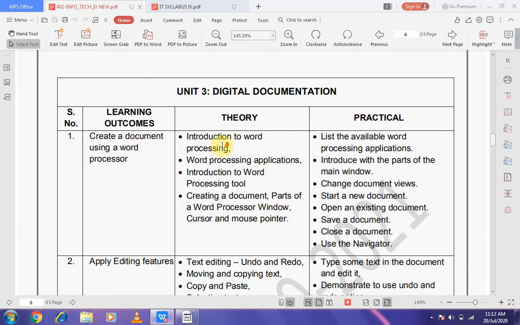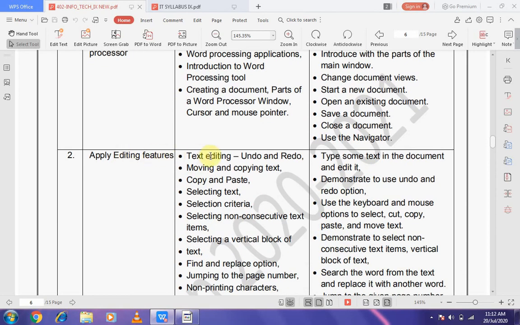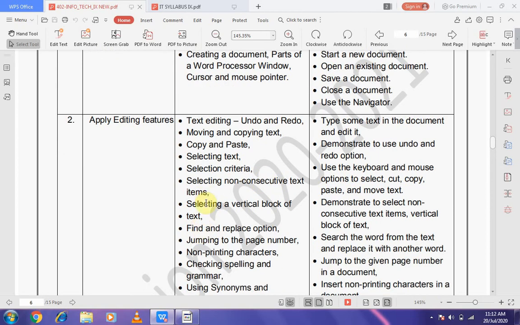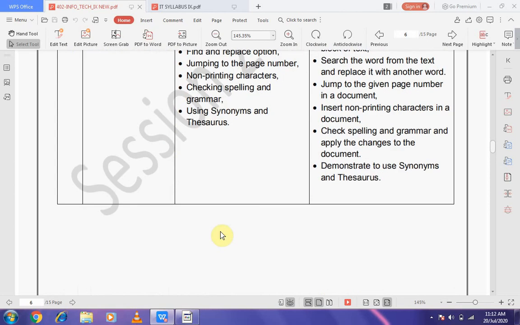In digital documentation, we have to study the introduction to word processing. We have already discussed word processing applications, introduction to word processing tool, creating a document, parts of a word processor, window, cursor and mouse pointer, applying editing features, text editing, undo and redo command, moving and copying text, copy and paste, selecting text, selection criteria, selecting non-consecutive text items, selecting a vertical block of text, find and replace option, jumping to the page number, non-printing characters, checking spelling and grammar, using synonyms and thesaurus,